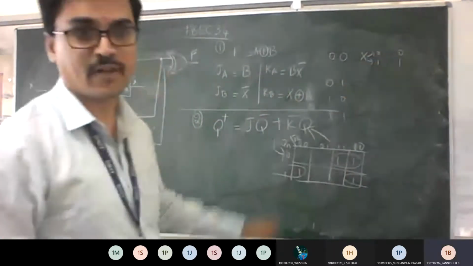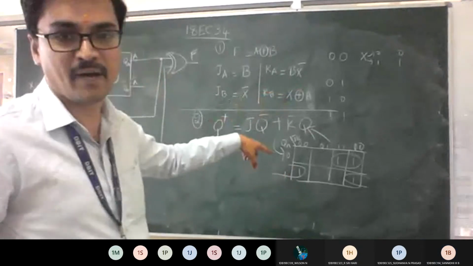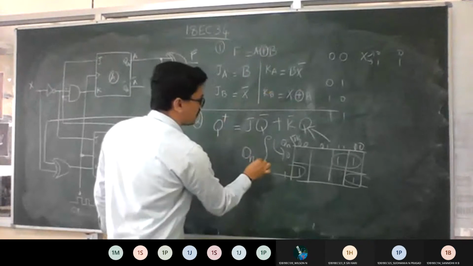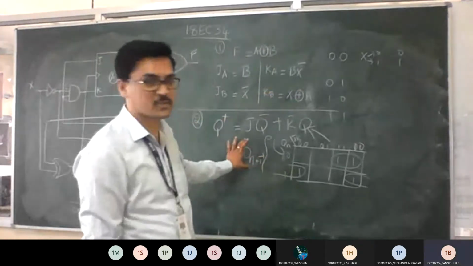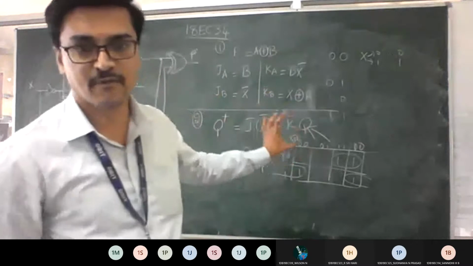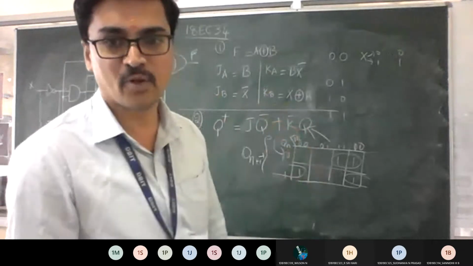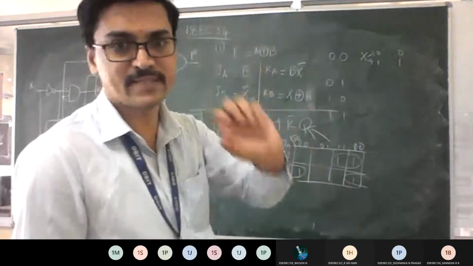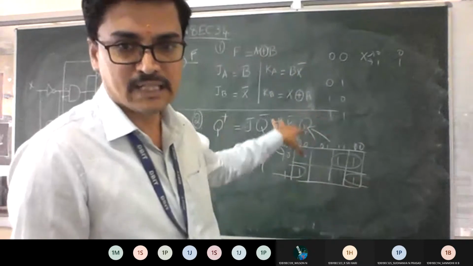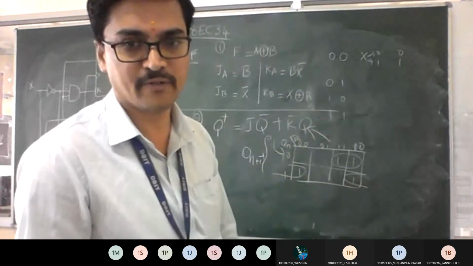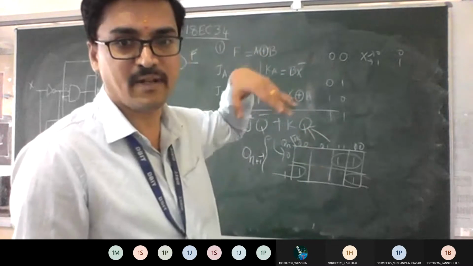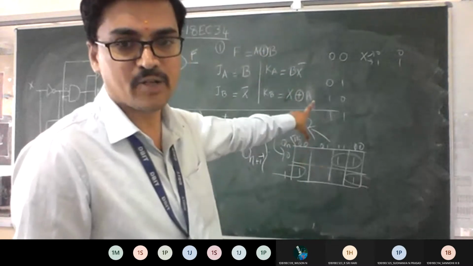From that table, I have plotted the K-map for Qn plus 1. For Qn plus 1, I have considered Qn and J, K as the inputs. From that, this is the K-map you are going to get. I have picked only the ones. Wherever one is there, it has been picked and you can dump it here. Go back to the table, then let me know if you have doubts. Is it fine? Otherwise I have to explain the excitation table again. I already told you yesterday, right?